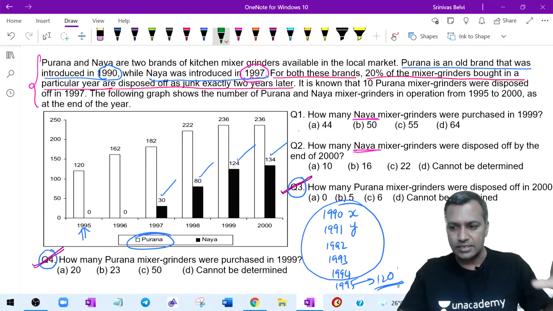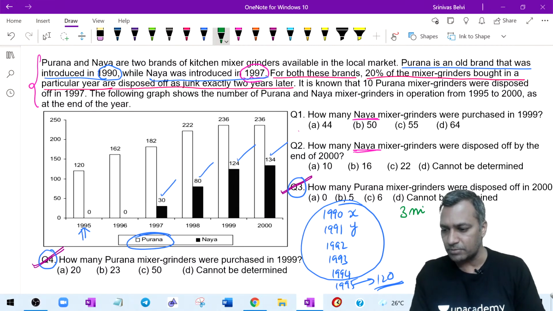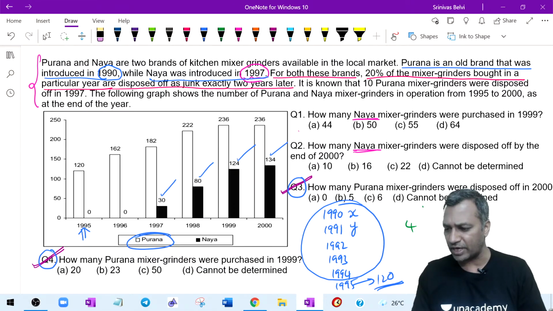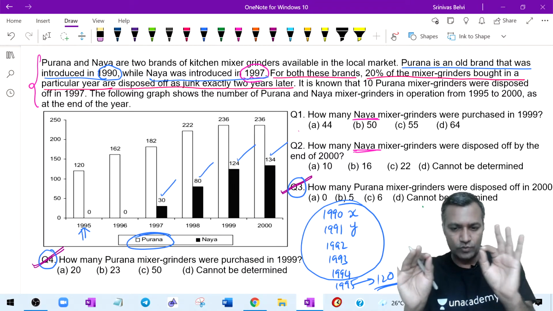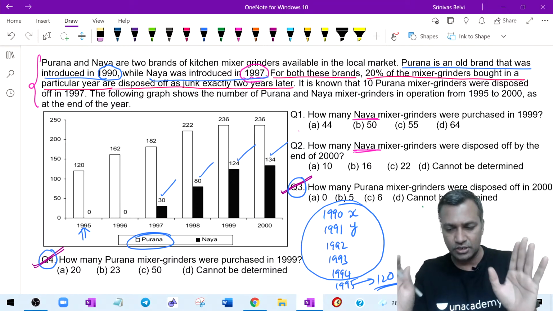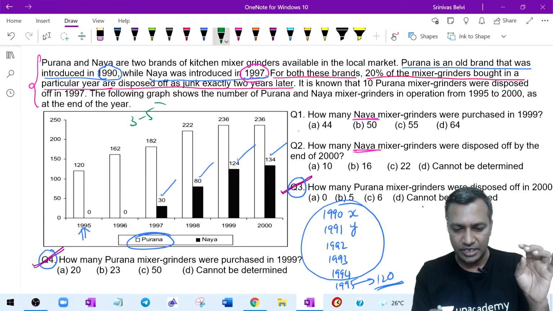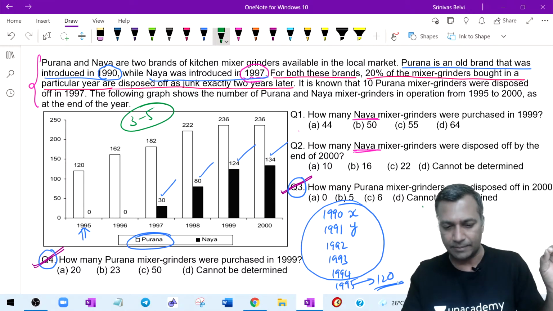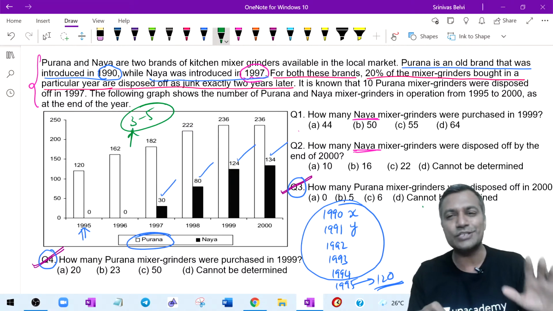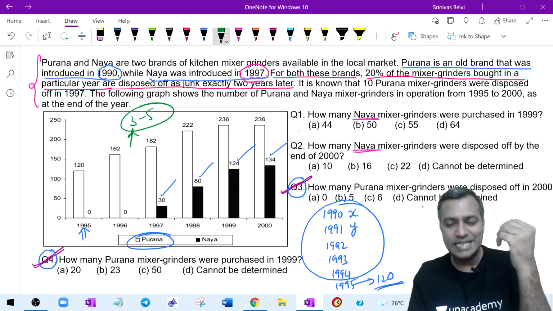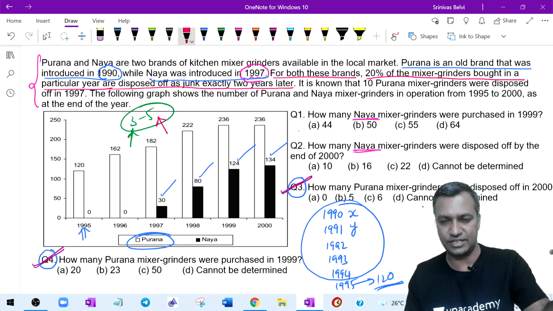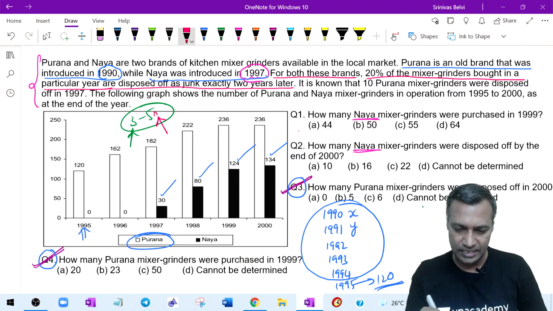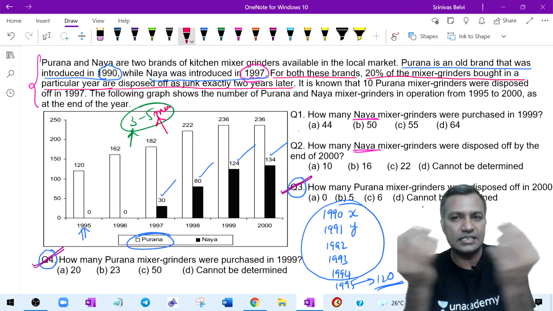While doing the DILR set, I'll be left sometimes with 3 minutes, sometimes 4 minutes, sometimes 5 minutes, clueless what to do. So if I carry this orientation that I can always look for some questions which can be done faster, you can utilize those 3 to 5 minutes, because every time you will not have the luxury of time. Quant is still fine. You have 3 minutes, quant is still okay. But if in a DILR set you are left with 5 minutes, you are clueless. A lot of people lose the advantage of answering questions because they didn't use those last 5 minutes. You will not get the time management right.